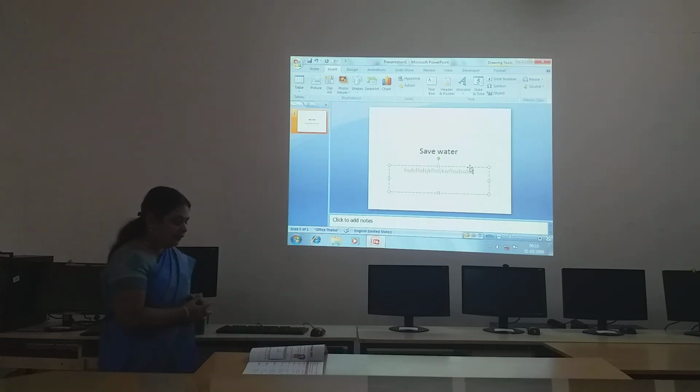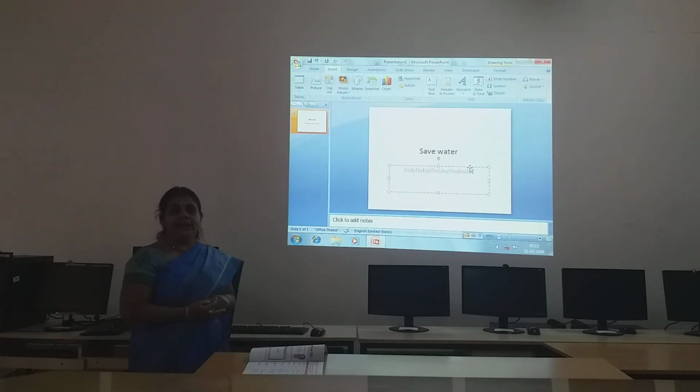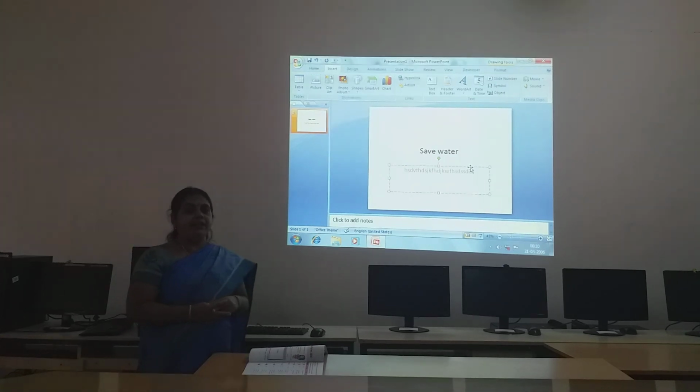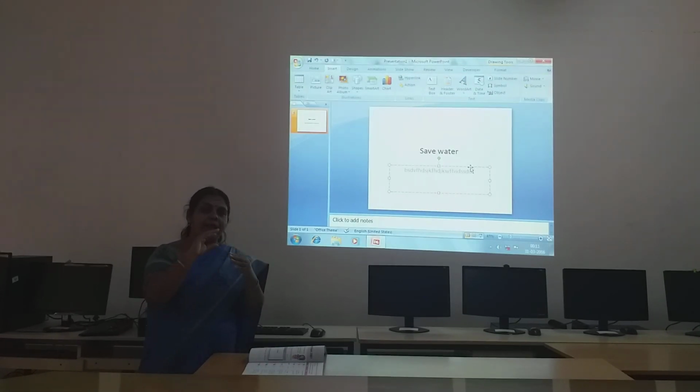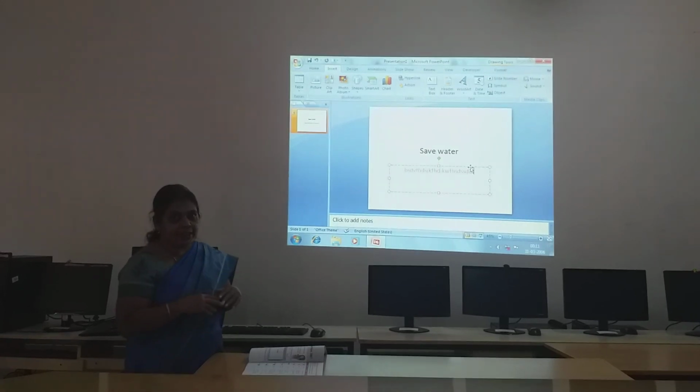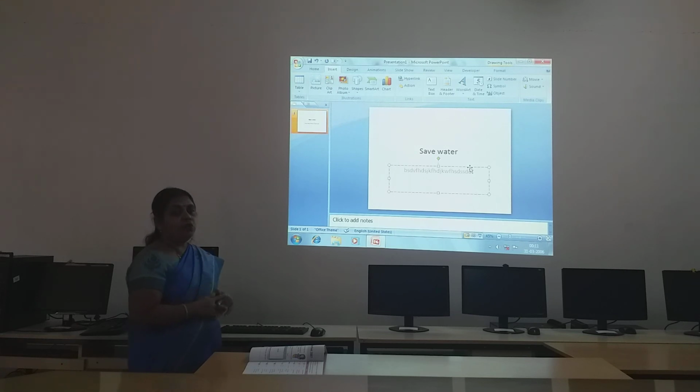Then we are going to see formatting text. What is meant by formatting text? If you have observed your book, the title of the lesson will be bold, thick, and the size will be very big, whereas the subheadings will be of shorter size and underlined. Sometimes it will be on the left side of the border, or the paragraph will be in the center of the page, or the picture will be on the right side. For that we have to do formatting.